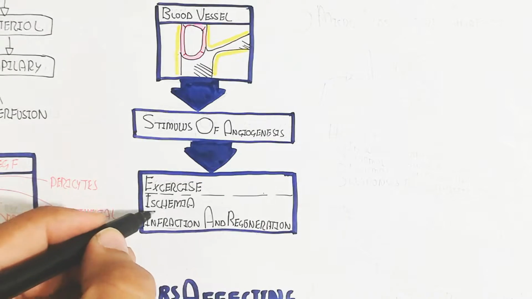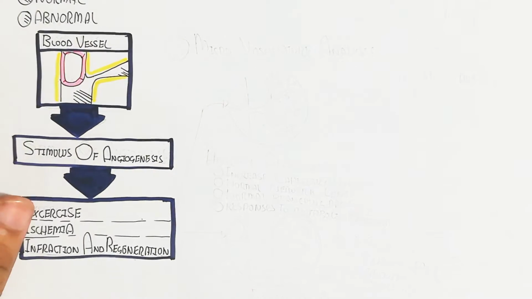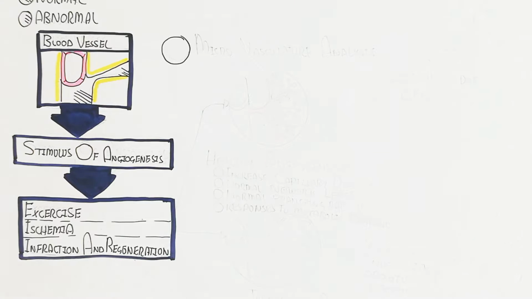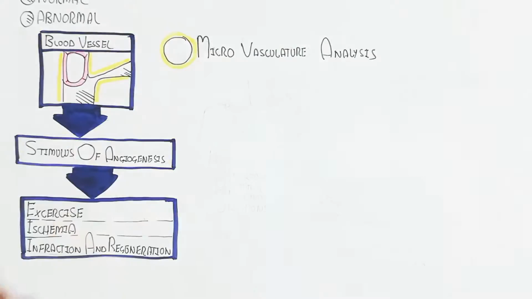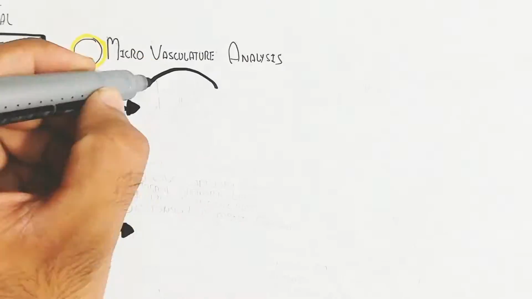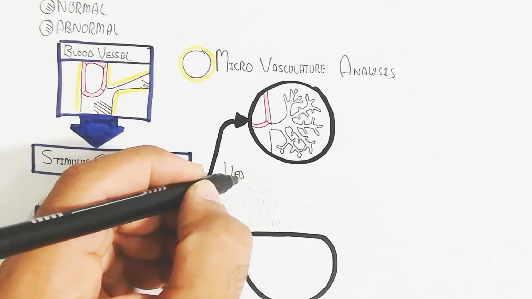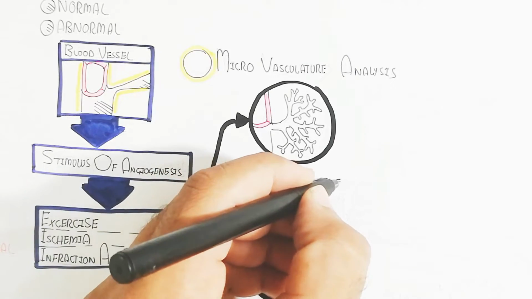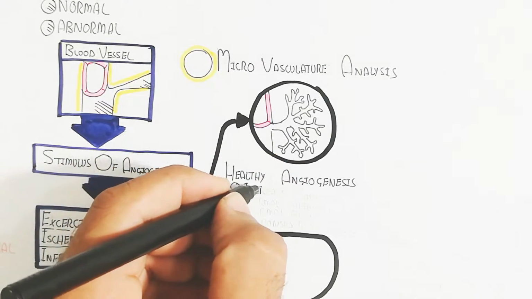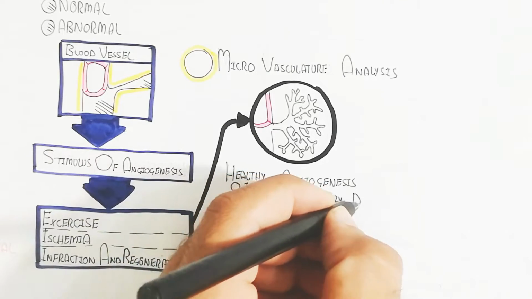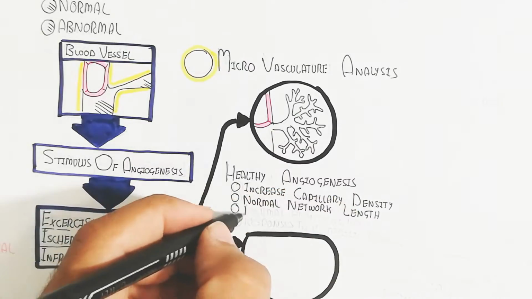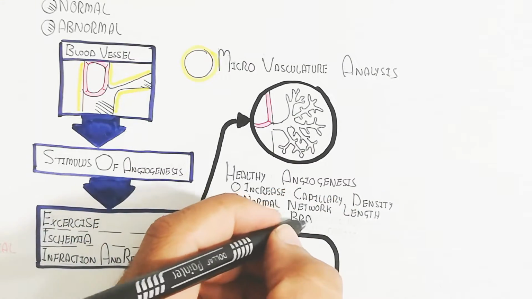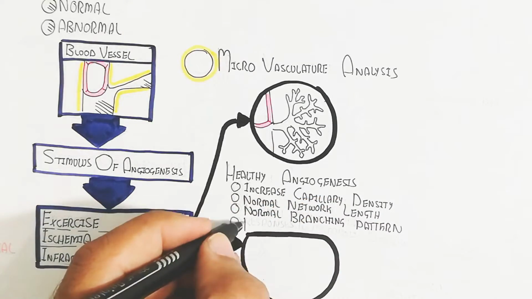In this way, the microvasculature analysis. Let's begin to understand. First we will discuss healthy angiogenesis. Healthy angiogenesis is normal. It is due to growth, due to puberty or other things which are involved. So healthy angiogenesis can involve increased capillary density, normal network length, a normal branching pattern, and responses to